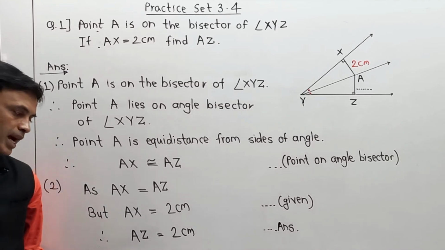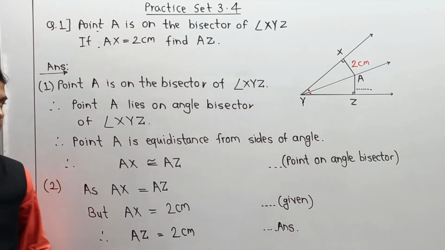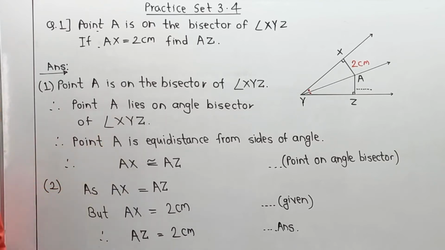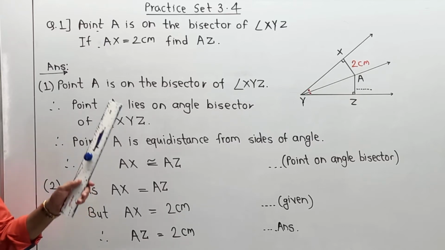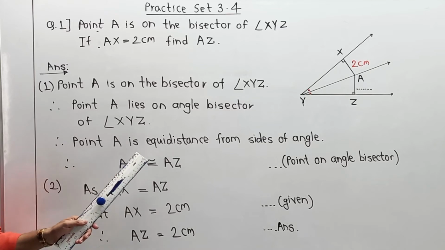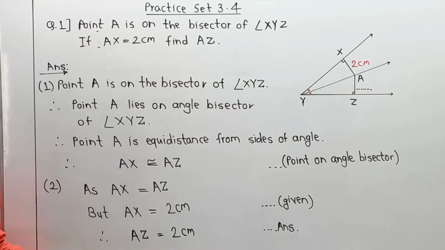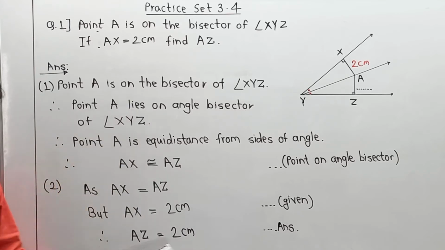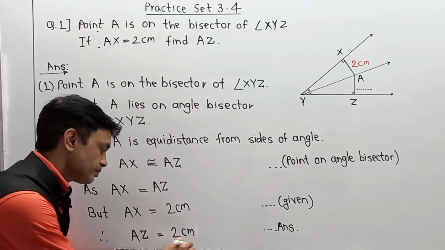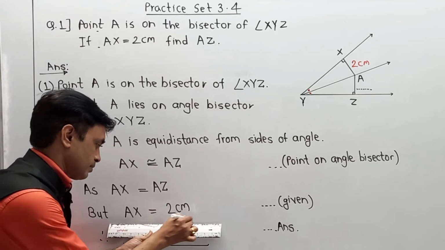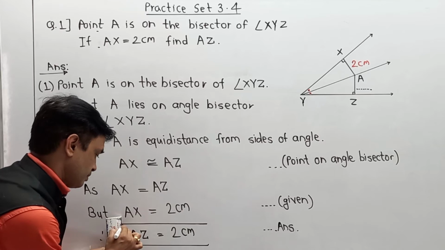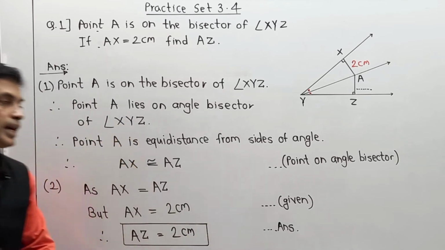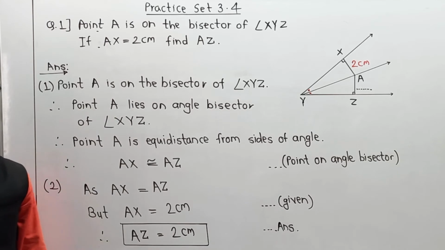Now student, please pay attention. As it is a final answer, we are going to make a box around it. But the main problem in such a question is how to write the answer in a proper manner. That is a big challenge. You should be able to elaborate the property, write it in a proper manner, and then write the final conclusion. Don't put the answer in 1 or 2 lines, or you will not get full marks. As it is a final answer, I am going to make a simple box around it. In this way, you can systematically write the answer and complete your part.